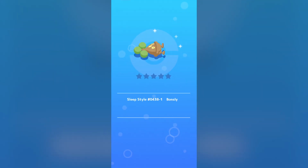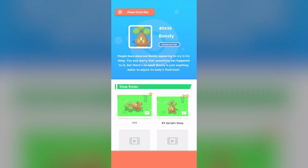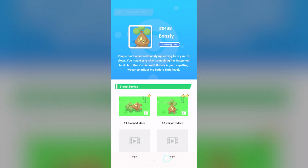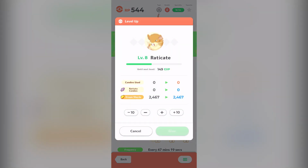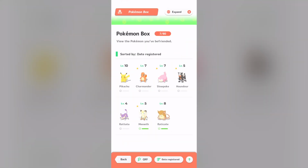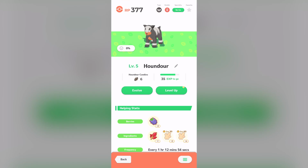Hitting the same bedtime each night will get you more points. It will get you medals. It'll get you more achievements. You can look at all your medals in one place, and you just get more points for doing so. If you catch the same Pokemon, you can send it off to the professor in exchange for that Pokemon's candies, which you can then use to level up a Pokemon of the same type, or use it to evolve that